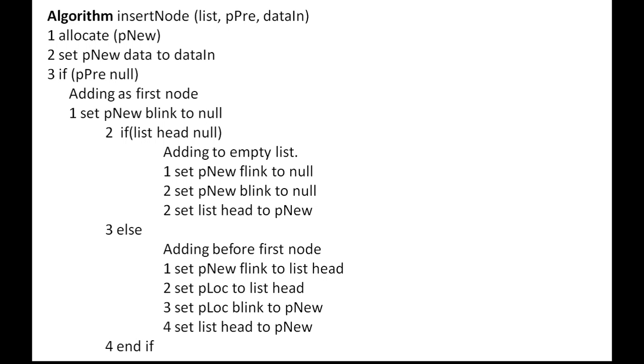So the first point you have to understand is that compared to the singly linked list, the doubly linked list requires more steps. Obviously, because we have got two pointers to deal with, forward pointer and backward pointer, and as a result, the number of steps has been extended. So you will see it while we discuss the algorithm. So first step is that we check whether the p-pre is null. Okay, remember the value of the p-pre is going to be returned by the search function depending upon the value that you want to insert.